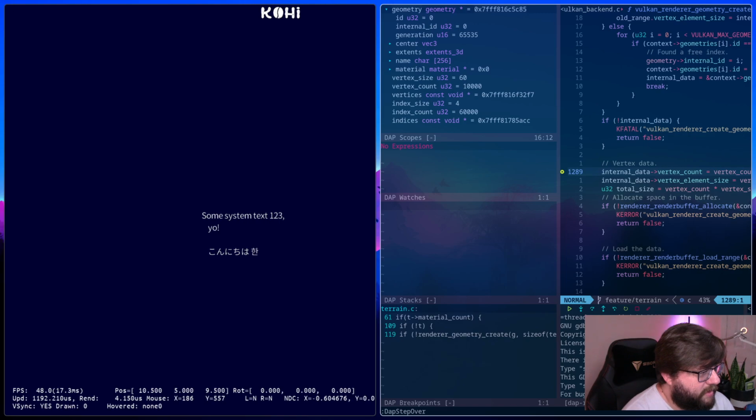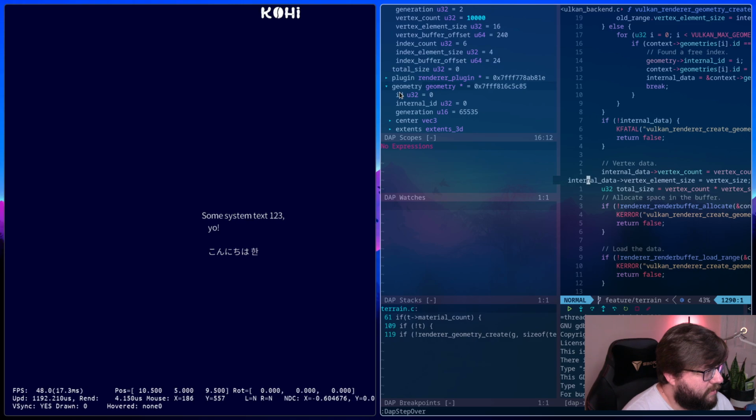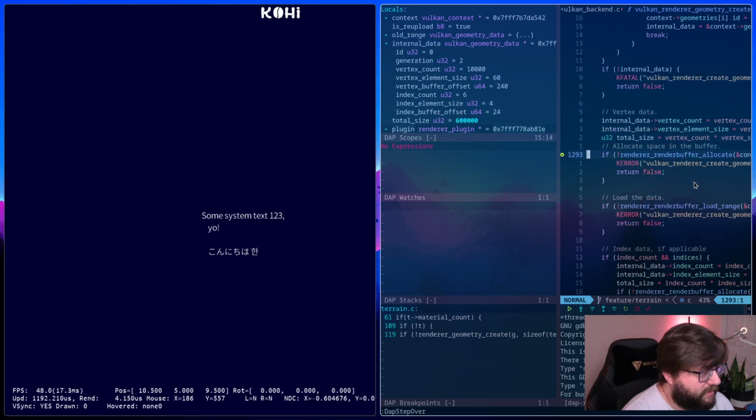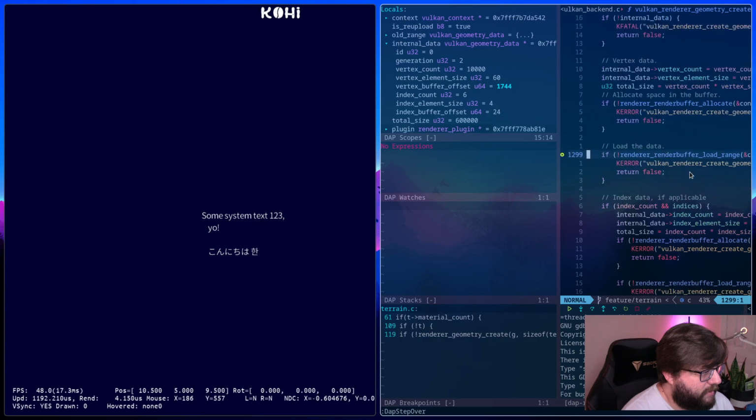So internal data. Vertex count. Okay, so that seems correct. So we allocate, and then we load the range.